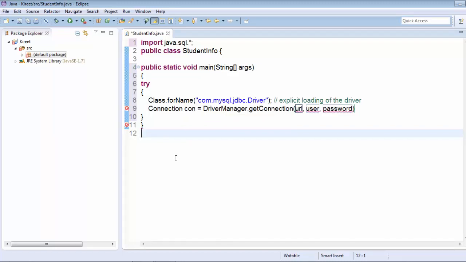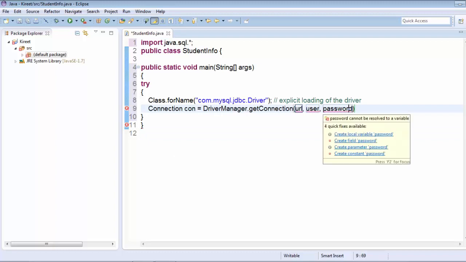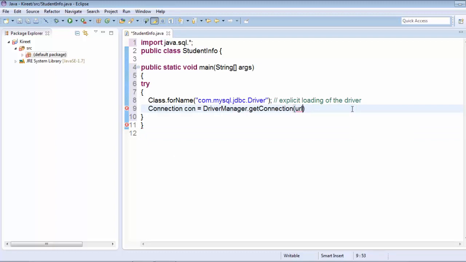In the string we have to pass jdbc, which is the database URL that we are passing, colon mysql colon localhost, that is the local host, colon port number, that is 3306, which is the default port number of MySQL.